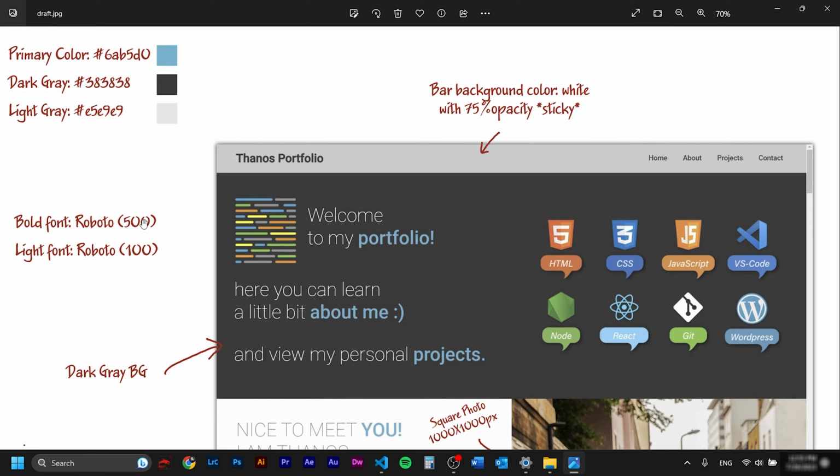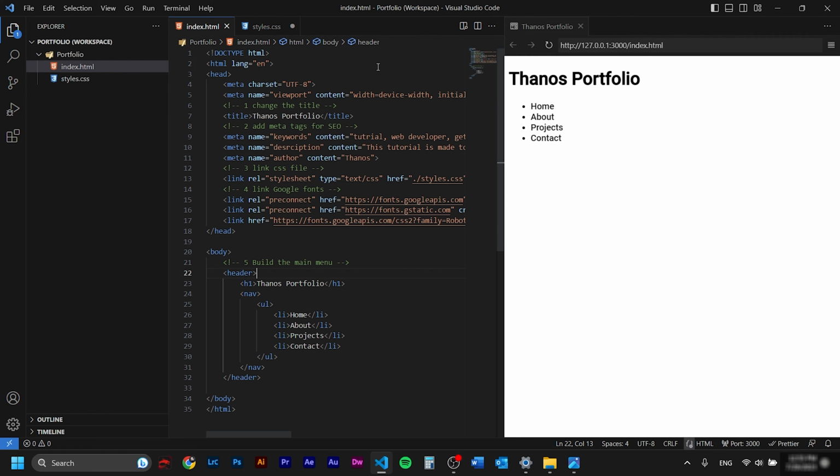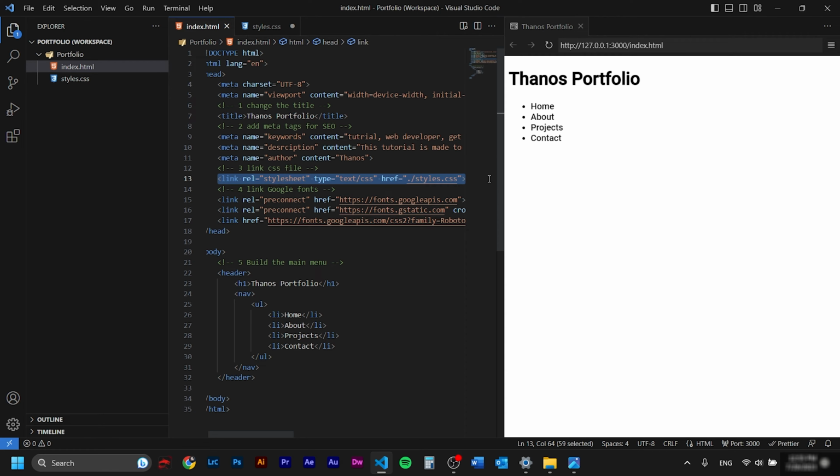First things first, let's change the font. We'll go back to this comment and say for the whole body, we'll have the code ready, so I will just cut it from here, paste it here, and delete. Awesome. Immediately we see that the font is there. In the rare case that it didn't change the font, go back to HTML and check this line where you are linking your CSS.